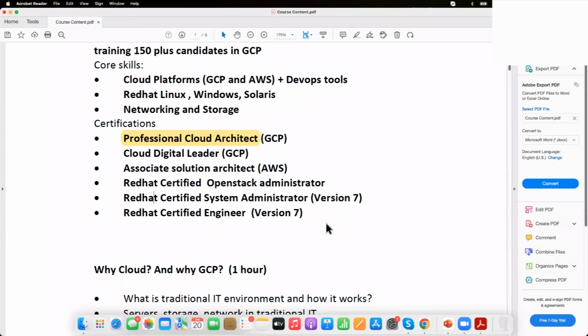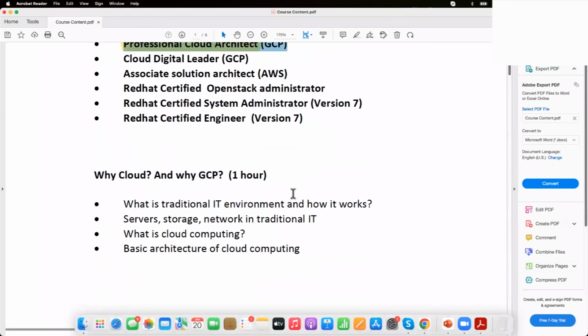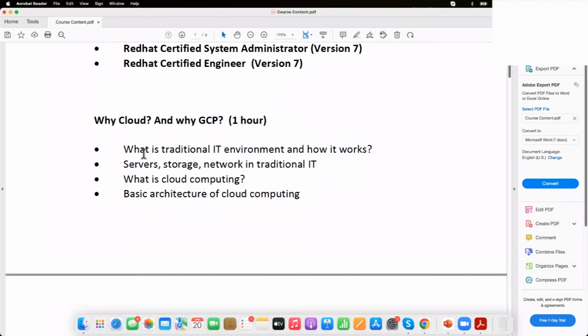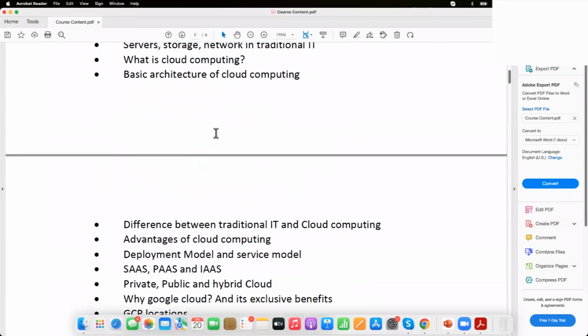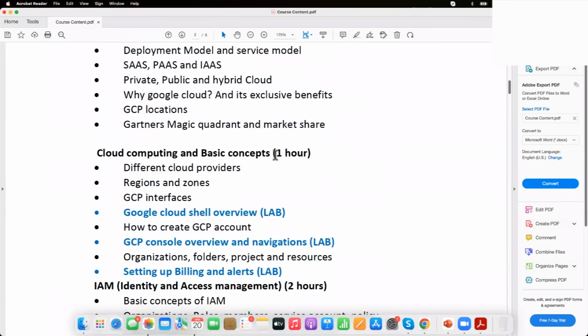You can focus on Associate Cloud Engineer or Professional Cloud Architect. This course content is for those certifications. You can see first what we did is this one: why cloud. Don't go by this, go with the timing, because I mentioned the timing approximately in the initial days, it depends.